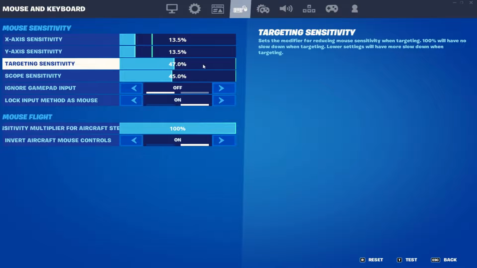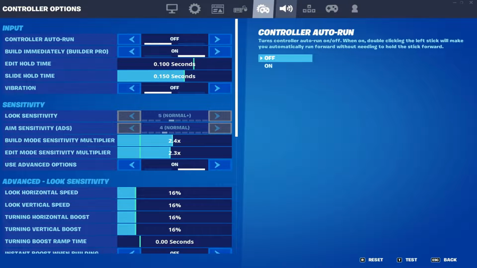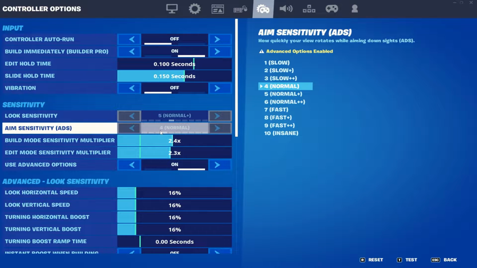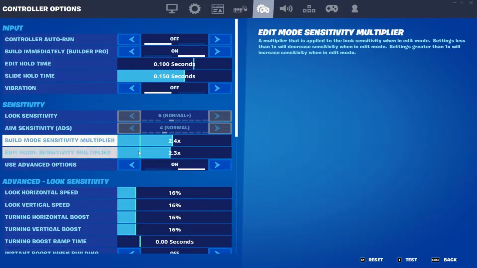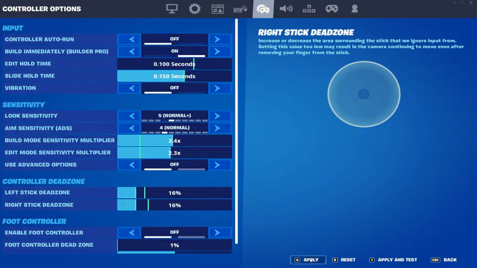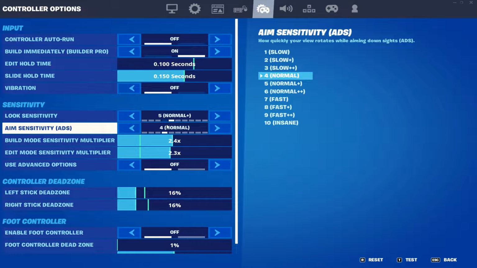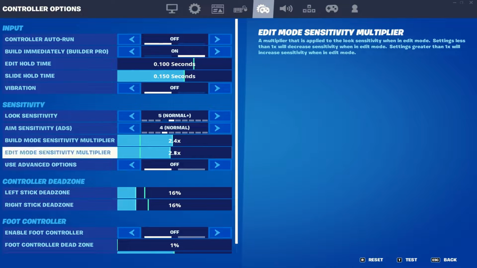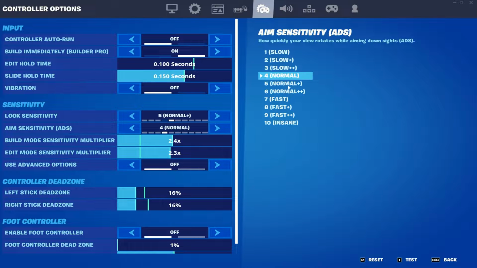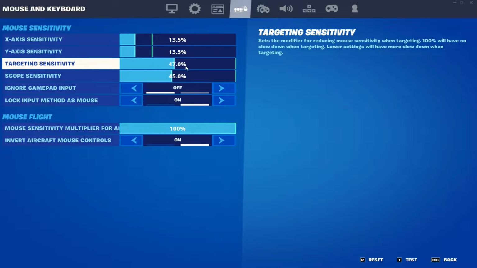My targeting sensitivity, which is the one we're focusing on, and obviously this is going to be elsewhere. This is going to be in the controller settings for people who use controller. That'll be ADS, this one. Maybe if you feel like you need to use advanced options, then use advanced options. But if you want to keep it simple, turn advanced options off so that you get to use the ADS sensitivity, and it takes you 1 through 10. If you want to be more specific, then use the advanced options. But controller players are going to need to adjust this ideally to their satisfaction. But this mainly is targeted at mouse and keyboard, just because